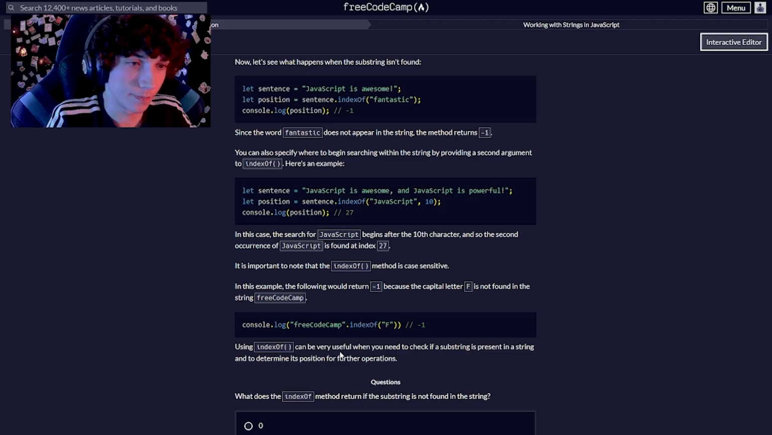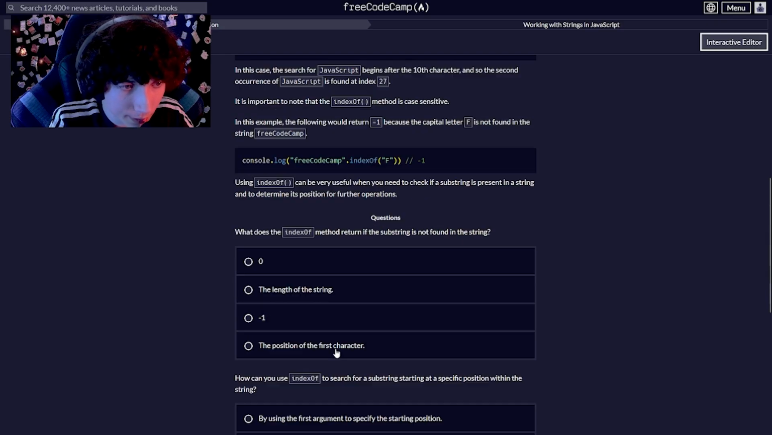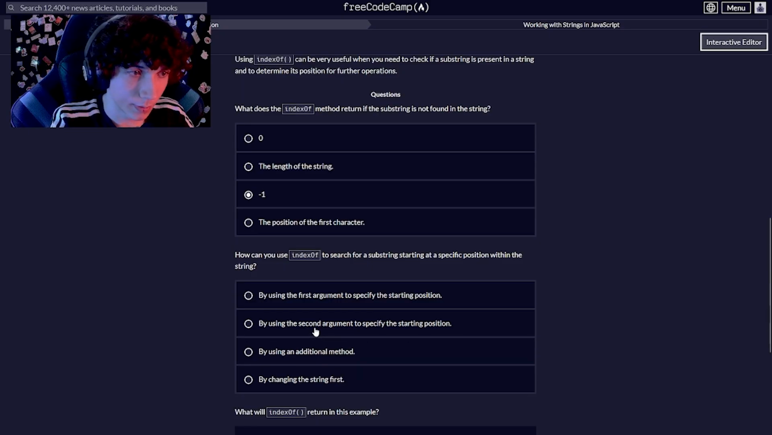Okay, we know this. What does the indexOf method return when the substring is not found? -1. Can you use this to search substrings by using the